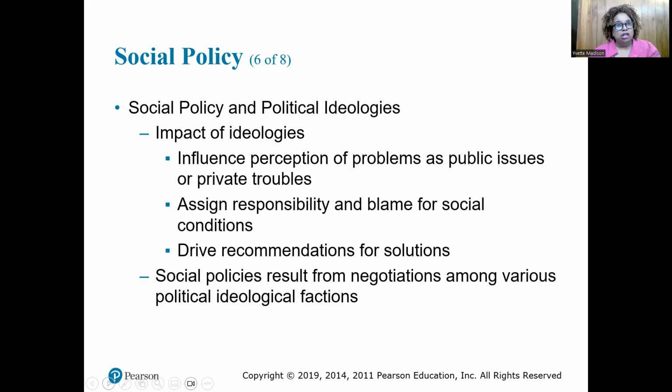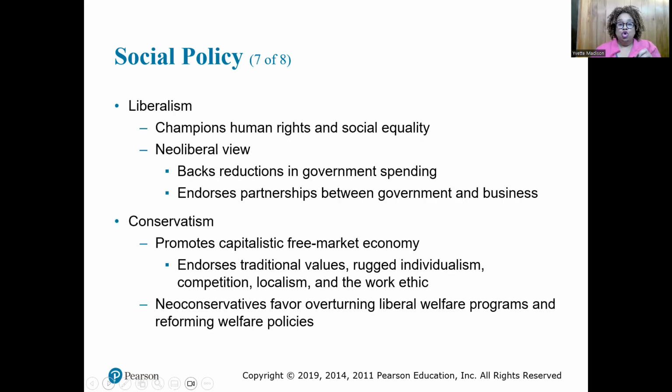When we're talking about ideologies, now I need you to understand something. It may not necessarily be according to your political affiliation that determines the ideology that you follow 100%. Political affiliation and ideology, while they may seem similar, are not going to be the same thing. The ideology is basically driving the idea behind what change you want to see happen. Now, yes, based on the ideology, it can impact my political affiliation, but we're not going to have that discussion here. And actually, good people, we don't have that discussion in social welfare because